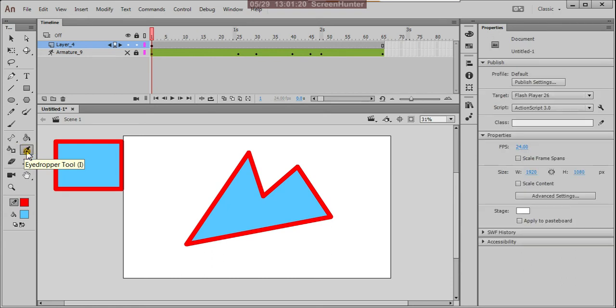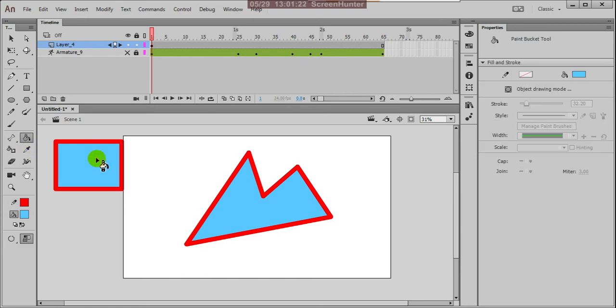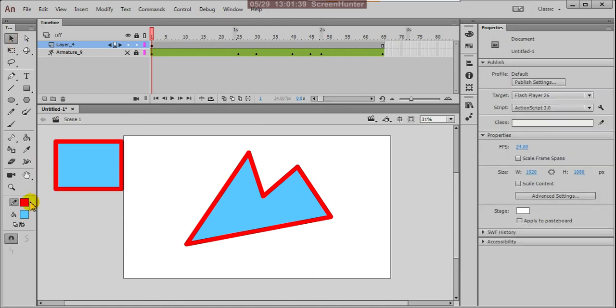And here is the eyedropper tool. This is a very common tool, so every time we are using this to match colors. It is matching the color.